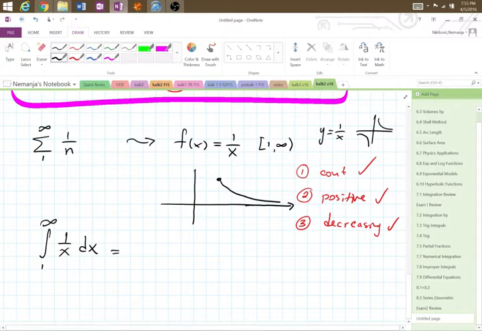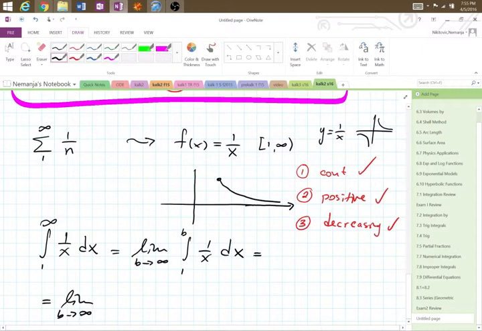All right, so what kind of integral is this? It is an improper integral, right? You had it on your exam. So we go limit as b goes to infinity, integral from 1 to b, 1 over x dx, which is equal to the limit as b goes to infinity, and then what? What's the integral of 1 over x? ln absolute x